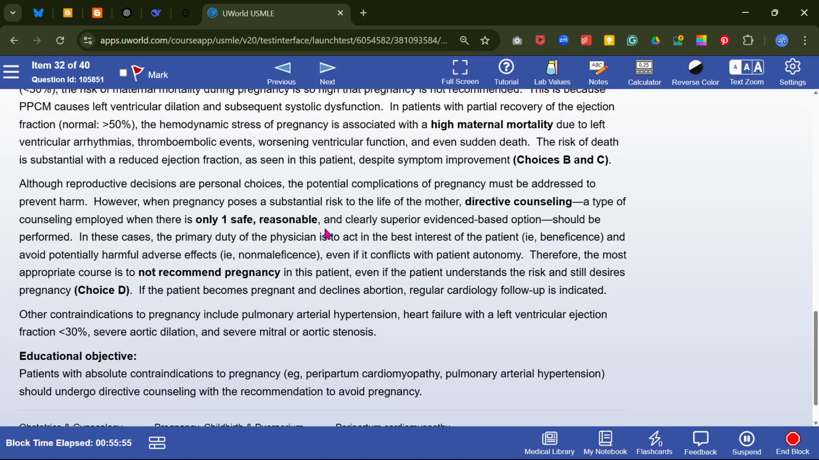Although reproductive decisions are personal choices, the potential complications of the pregnancy must be addressed to prevent harm. However, when pregnancy poses a substantial risk to the life of the mother, direct counseling, a type of